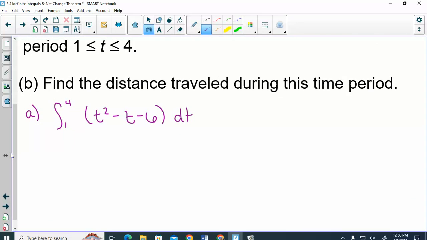And when we're doing this displacement, we don't have to do anything special because we want to add the positives and subtract the negatives. And an integral just does that for you. So we're just integrating this. So we would have the antiderivative of t squared minus the antiderivative of t minus the antiderivative of 6. I'm doing that from 1 to 4. So if I plug in my 4,